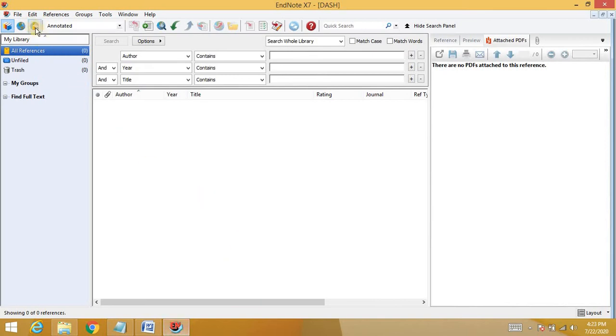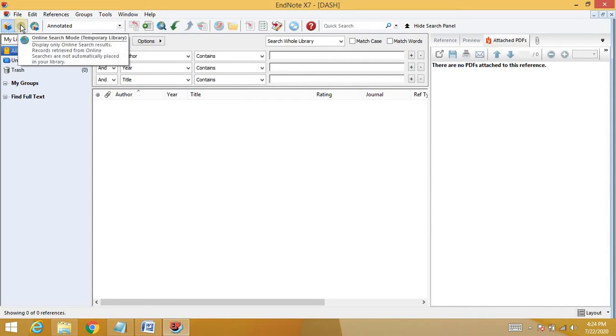Now we have to come to these three modes. Here in the top left corner we see these three modes. The first one is the local library mode, the second one is the online search mode, also known as the temporary library, and the third one is the integrated library and online search mode. Basically, in the local library we cannot search, but whatever articles we had searched online we can study offline and work on.